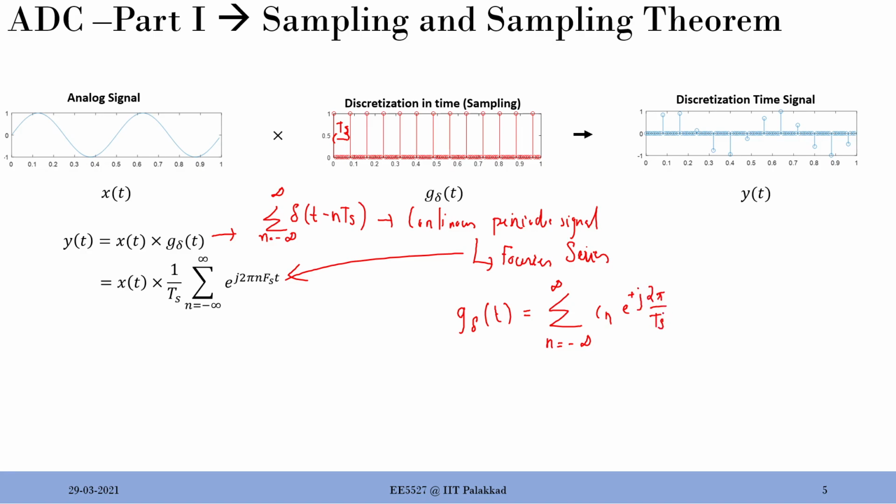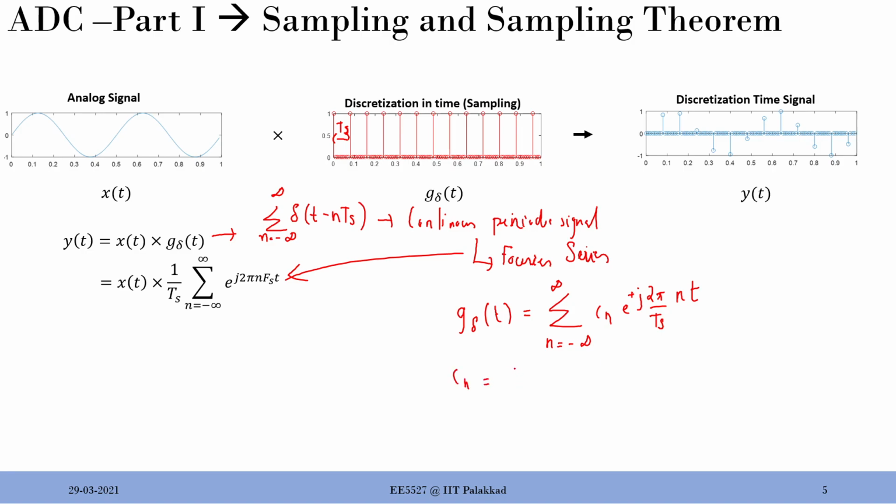If you go back to the formula, you will see 2 pi by P is what we put. The period is Ts here, right? Then you have n here, and of course the t factor. So that's the Fourier series expression for this particular signal. We need to find what Cn is, and we also know how to find Cn.